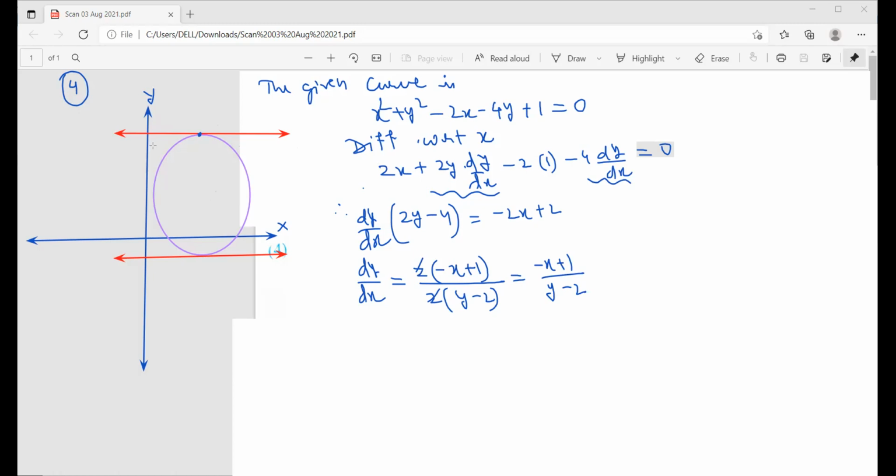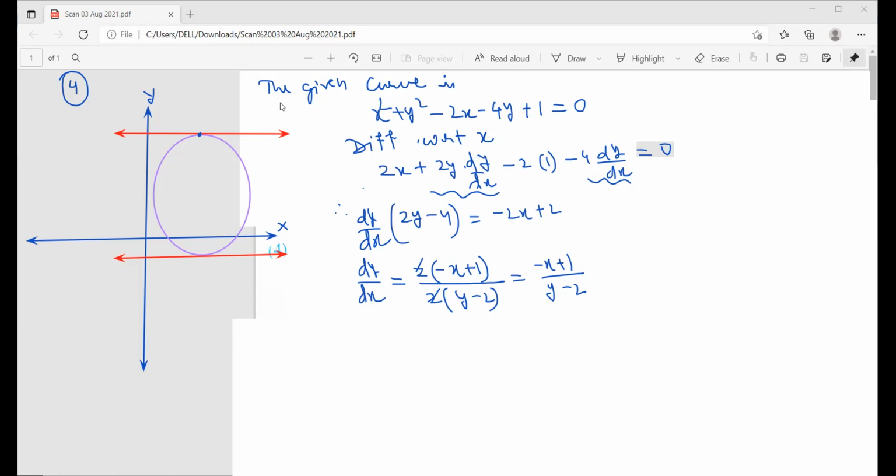It's okay, you do not draw the circle, you just draw some curve, and the tangent that you draw is parallel to the x-axis. So what I would do here,